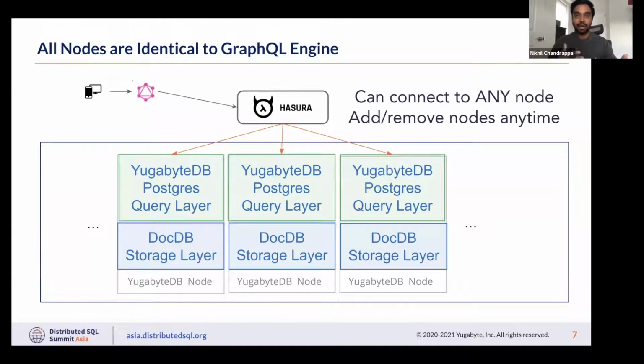If you are very well versed working with Hasura engine, the only thing you will have to change is you'll have to give an IP address or the load balancer IP address of where the Yugabyte cluster is running, and it can connect to any of the available nodes, and you'll be able to serve your data for your GraphQL queries. So that's why we feel distributed SQL provides the resiliency and the scalability requirements needed for enterprise GraphQL